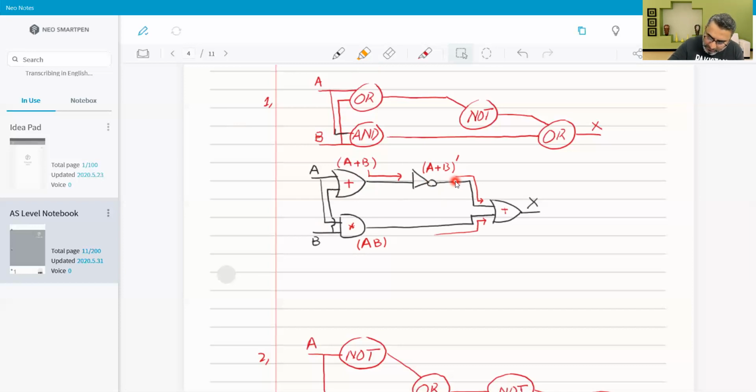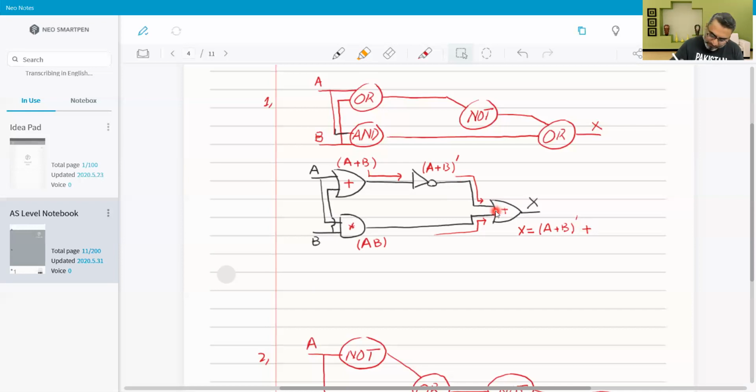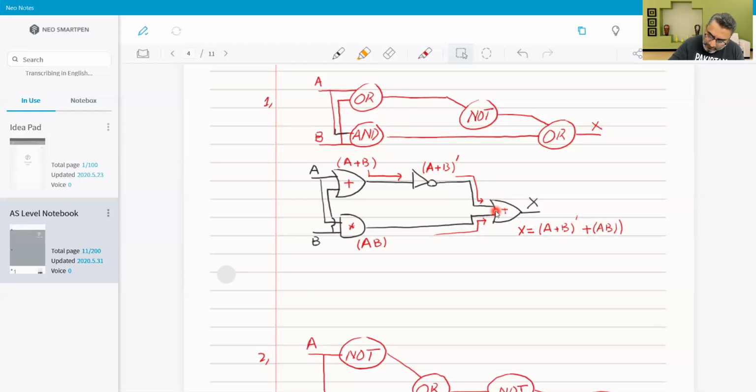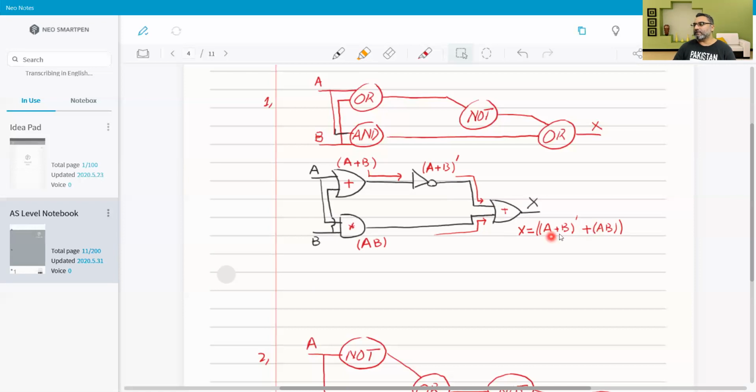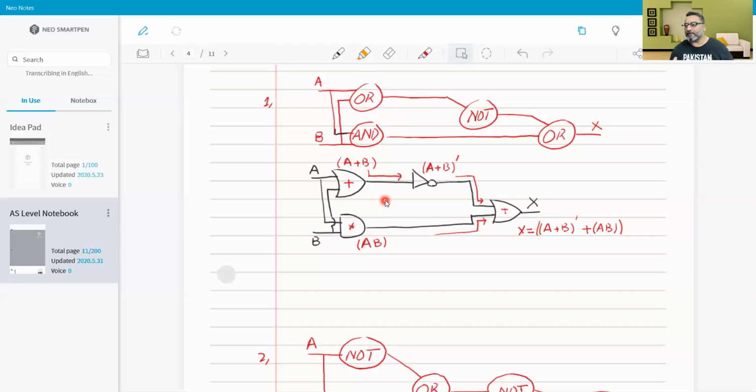The output from this OR gate would be X is equal to A plus B whole NOT plus, this plus is actually this OR gate, AB. And as the saying goes, after every gate you have to put one more set of brackets. So this is actually the mathematical equation